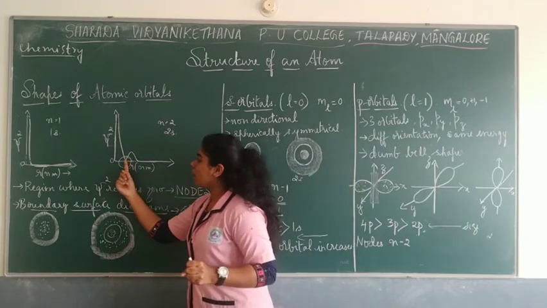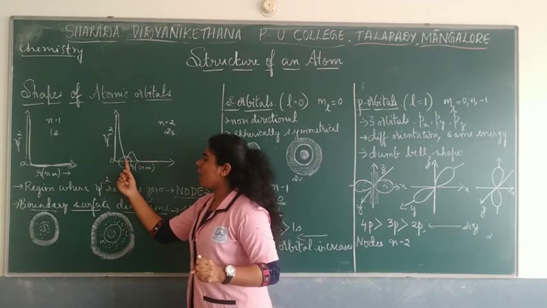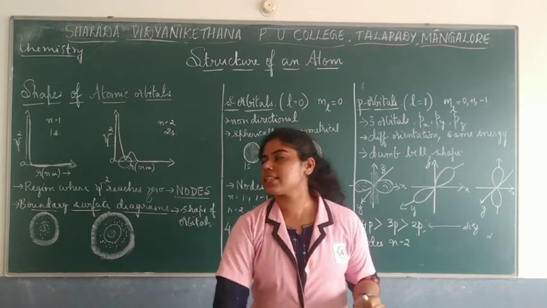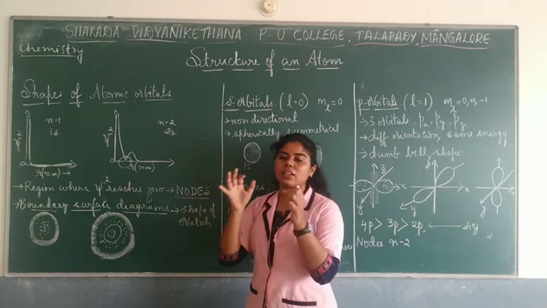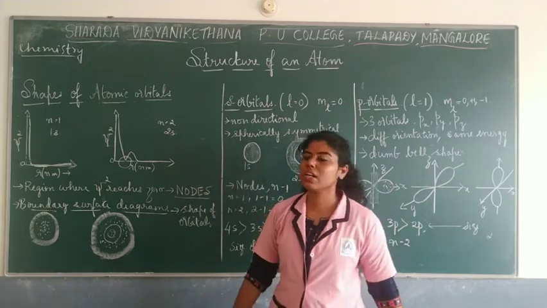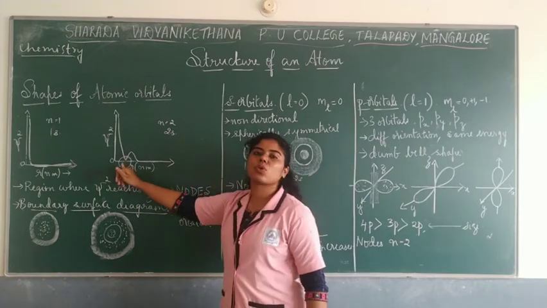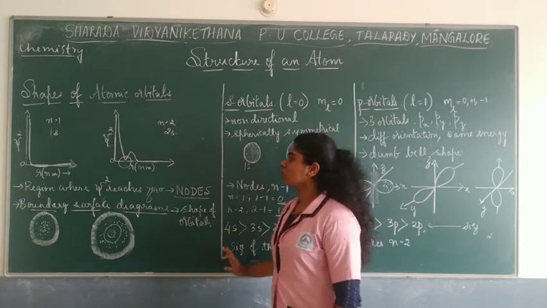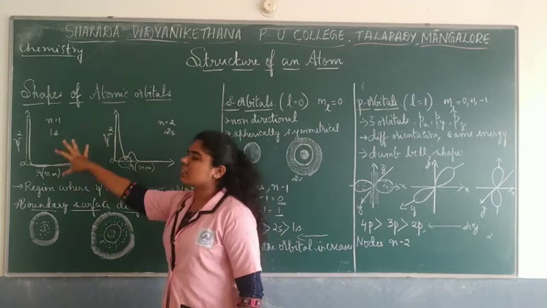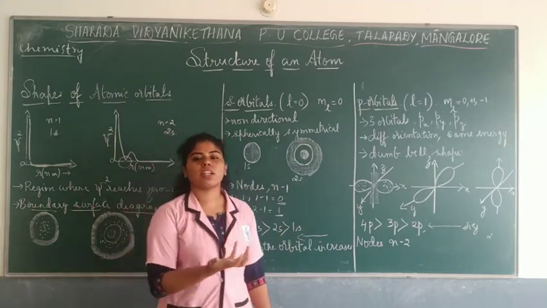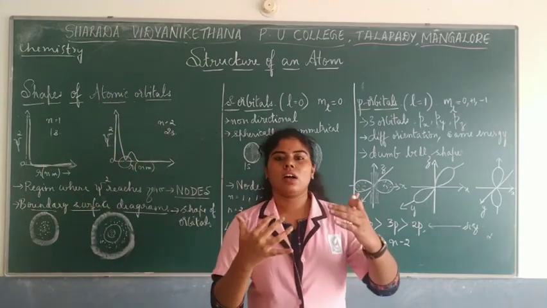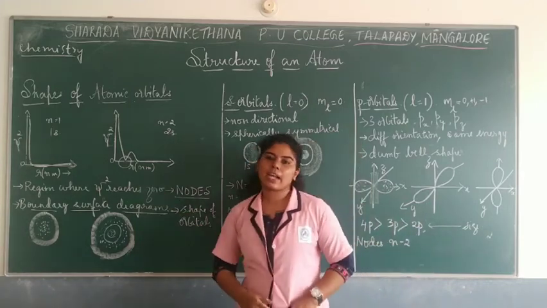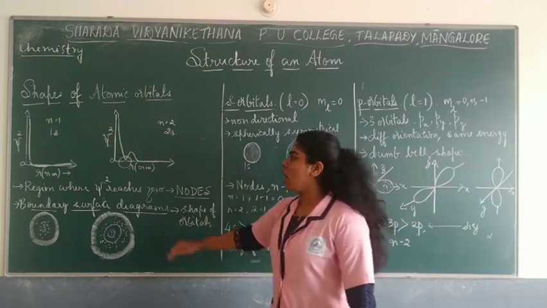So the point where the probability of finding an electron becomes 0 is called a node. That space or region where the probability of finding the electron is 0 is called a node. Okay, nodes. So this is what the theoretical concept was. When they plotted the graph, how did the variation of the probability density and the radius take place? So that is what we are talking about.